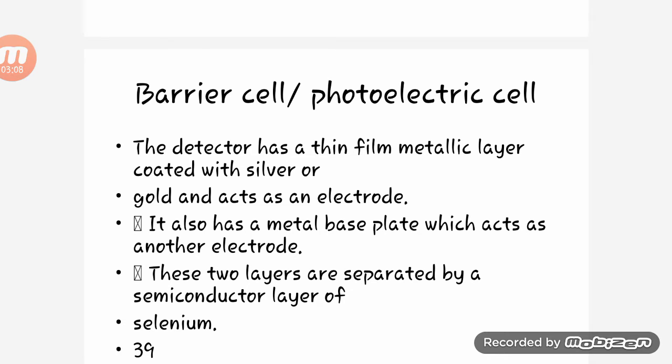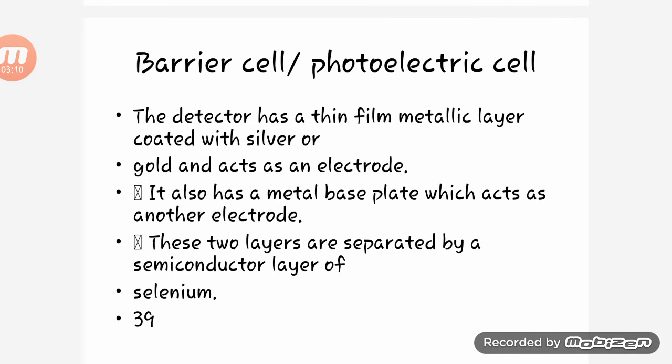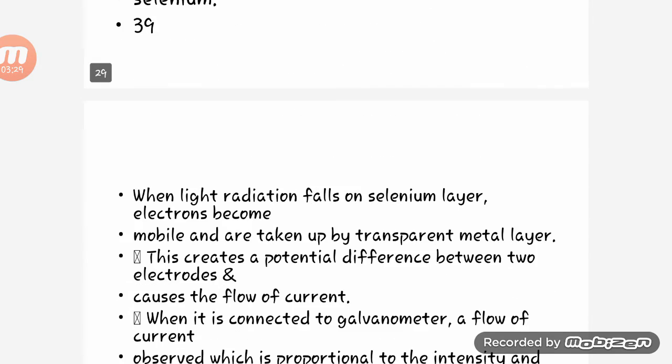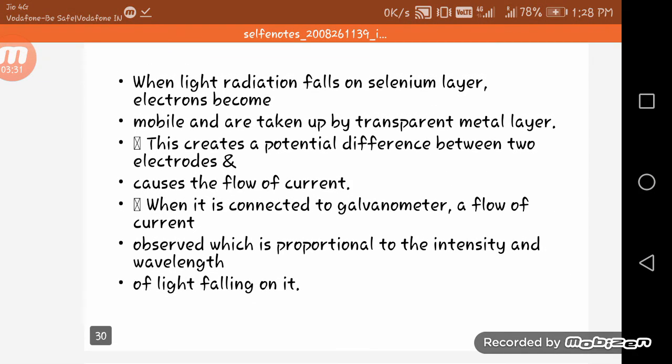Now let's see the barrier layer photovoltaic cell. The detector has a thin film metallic layer coated with silver or gold and acts as an electrode. It also has a metal base plate which acts as another electrode. These two layers are separated by a semiconductor layer of selenium. When the light radiation falls on the selenium